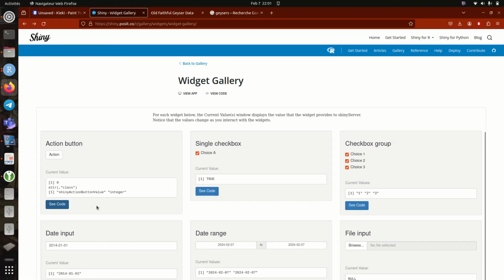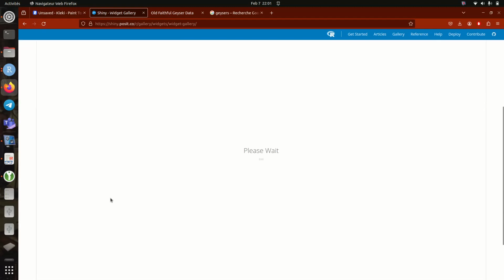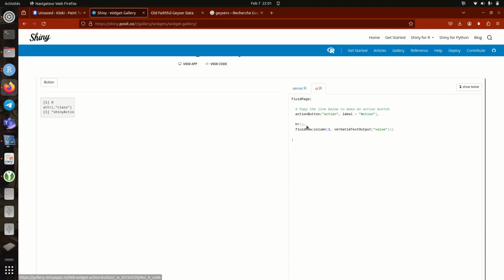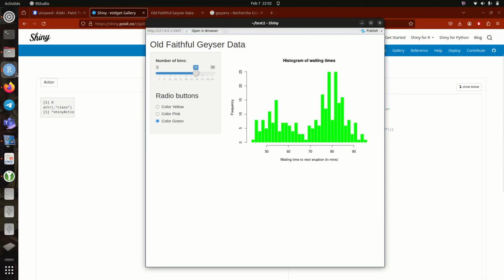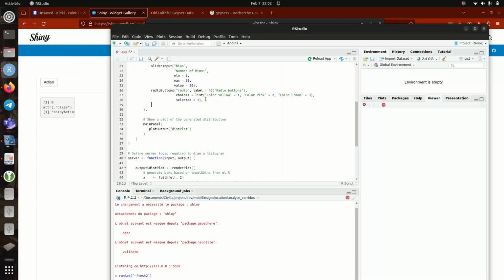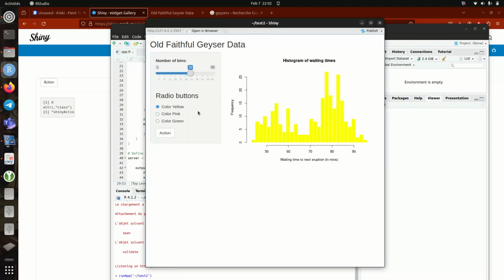For instance, an action button. Always the same. There is no shame in copy and paste. The action button. Save, reload, and you can see that we have an action button. Here, of course, it does nothing. If we wanted to